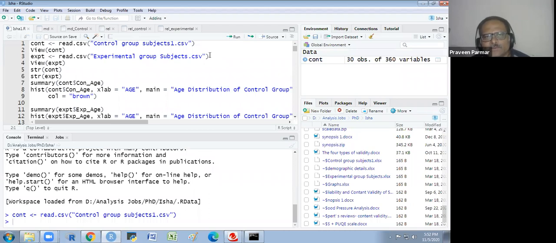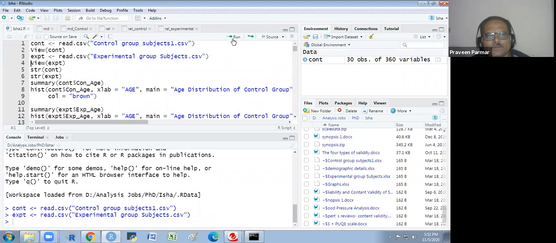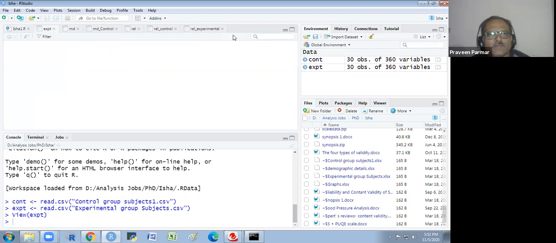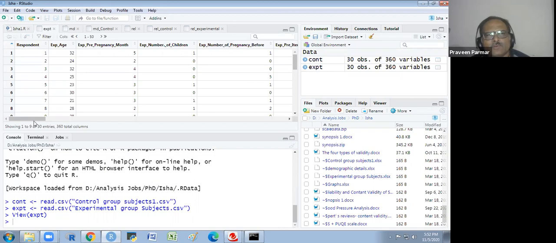There are 30 observations and 360 variables in each. If you see the variables, you see the respondent, the experimental, age, and the pre-pregnancy month, these sorts of variables we are having.